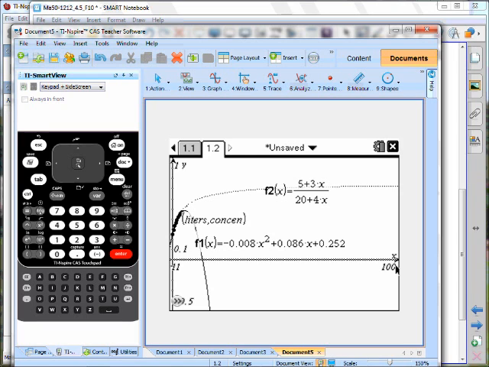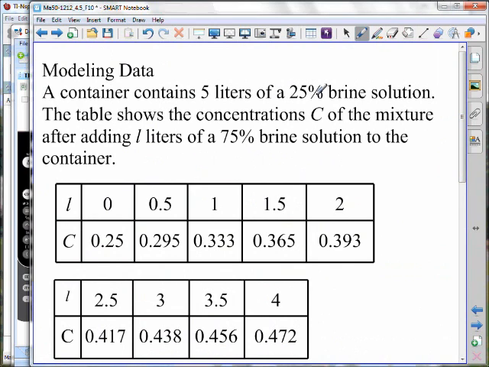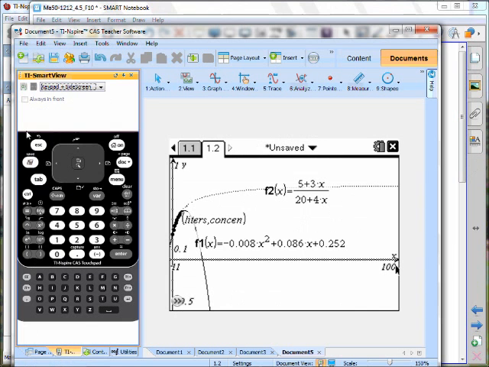Is that what we would expect as we add more and more leaders? Well, let's see, what's our problem? We're saying that we start with a 25% brine solution. We add leaders of 75%. What's the concentration? We would expect the concentration to increase. Yeah, not to